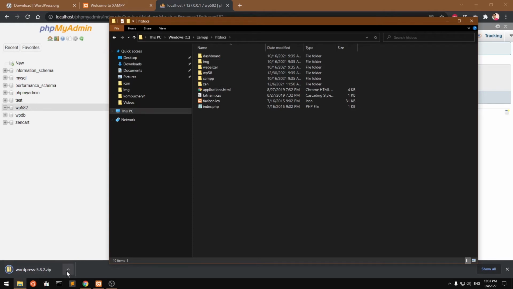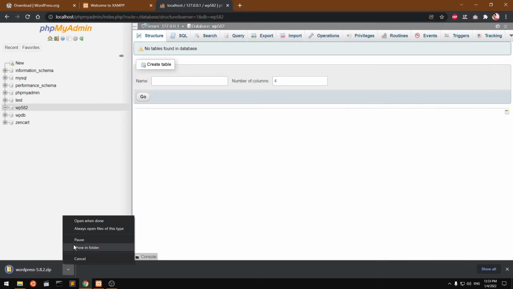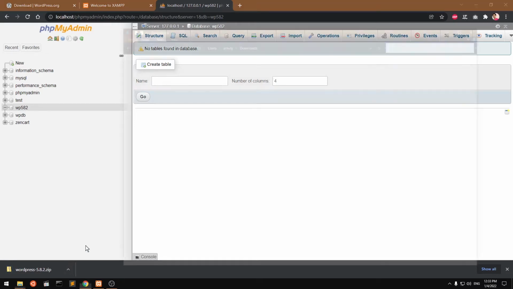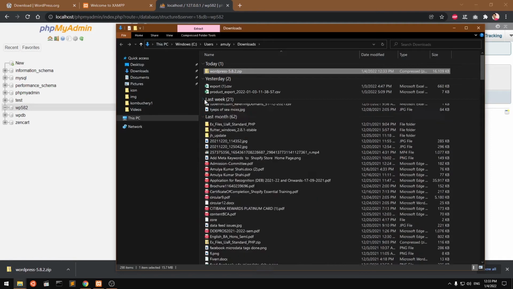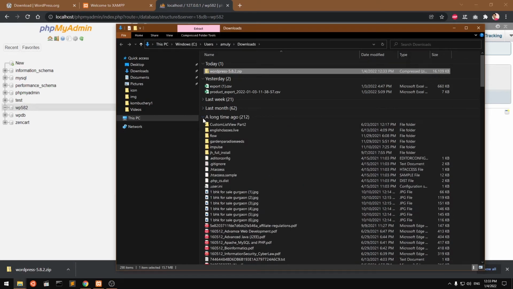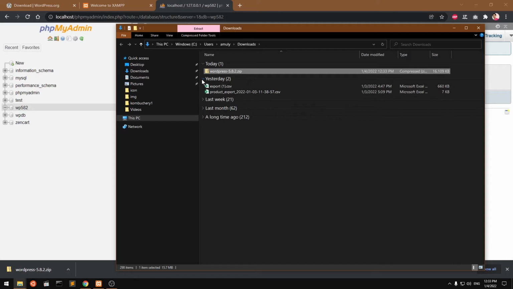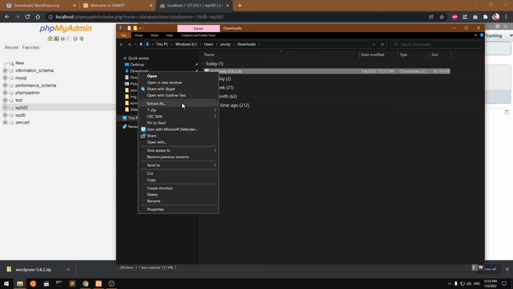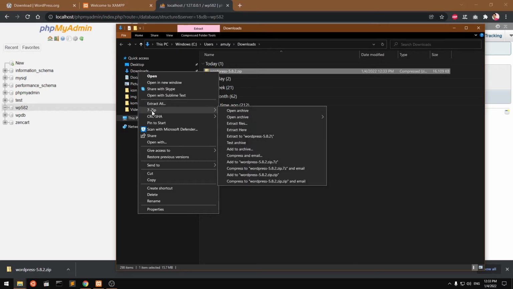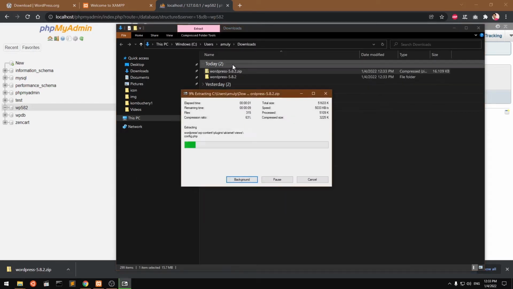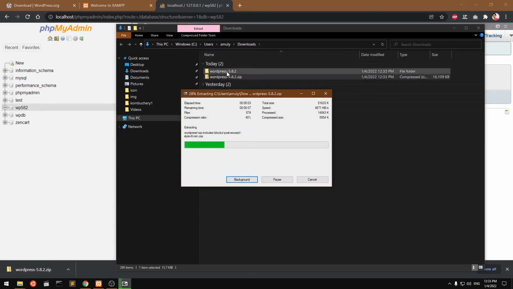Okay, so let it finish the downloading and then open it. So I'm going to open it. Anyway, it takes a bit longer, so I think it's done. Now go ahead and show in the folder. And I'm just going to hide other stuff and then unzip it. So right click, extract all if you don't have any unzipper. I have 7-zip, so I'm going to extract to this particular folder in the same directory. You can see here it is,